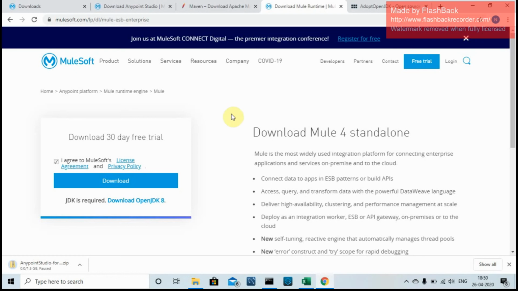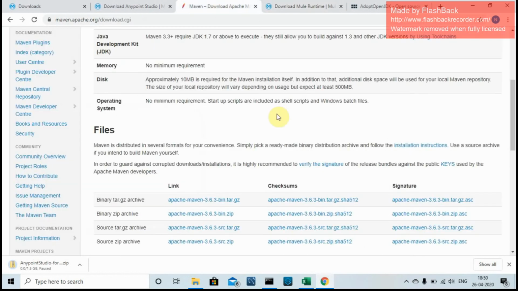Apart from that, we will also require a Maven setup for all of your local repositories and all the other open source dependency setup within your project. I will show you how to configure it as well. You have to go to maven.apache.org, the download page, and I will give the link of the same in our comment section as well. You have to click for the source zip archive, and 3.6.3 is the version which we will be using. If you click on it, it will start the download.